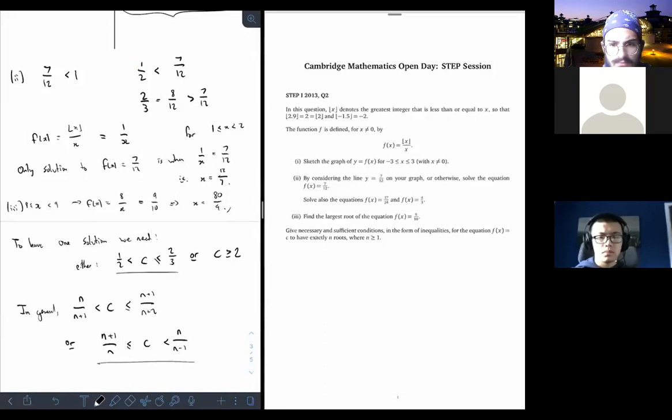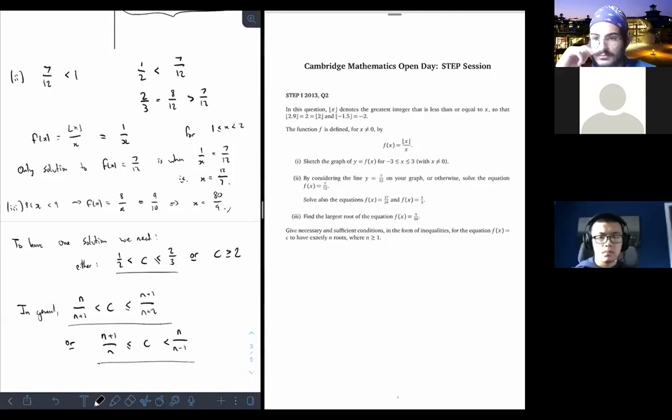But it's important to bear in mind that the question specifically says, give necessary and sufficient conditions. So necessary and sufficient is something you may or may not have come across before. It's also the same as if and only if, that more rings of a bell. And this means that you need to provide conditions which